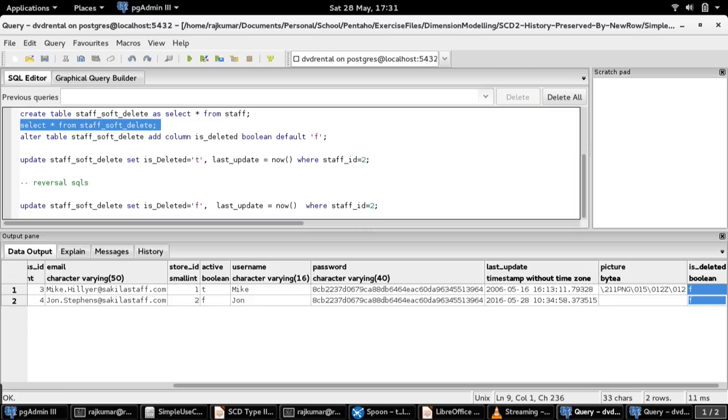You can see by default there are two records in the source table. Each is marked with the isDeleted flag as false, that is, they are active and not yet deleted.